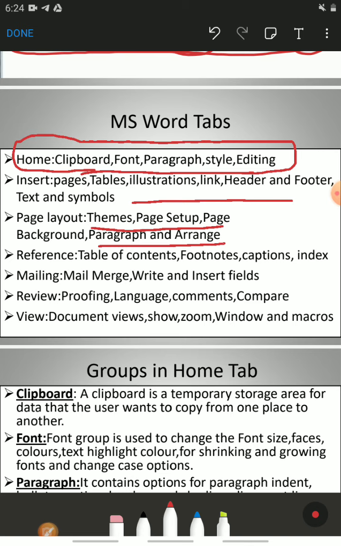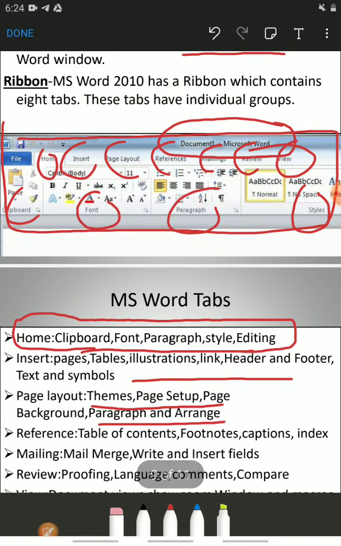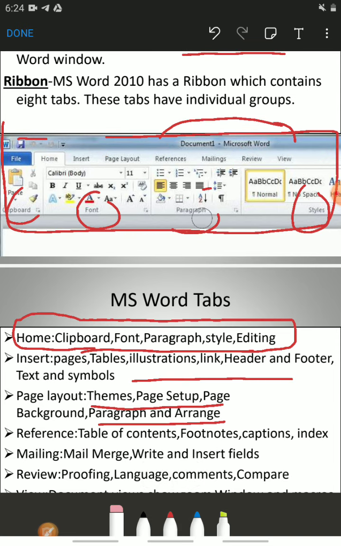Starting from the home tab, we can see in the picture, the home tab has 5 groups: clipboard, font, paragraph, style and editing. These are the 5 groups.